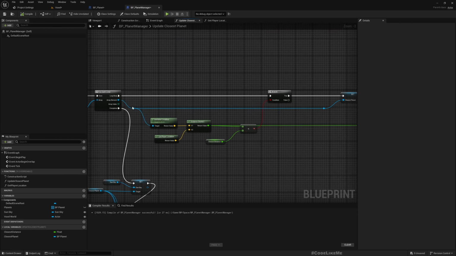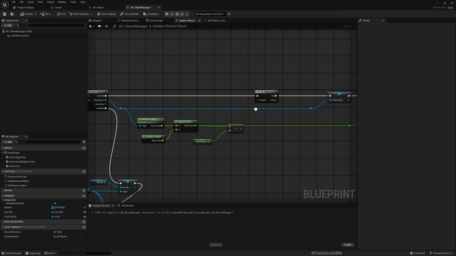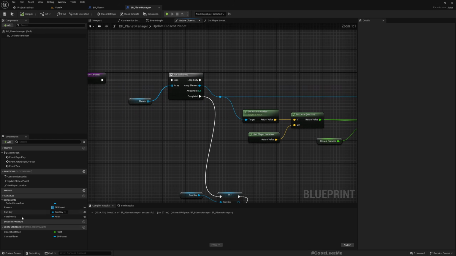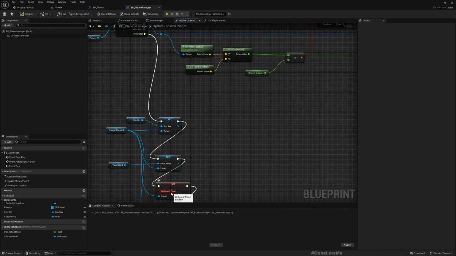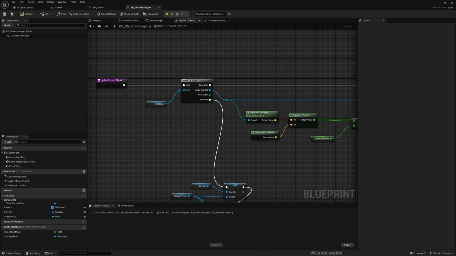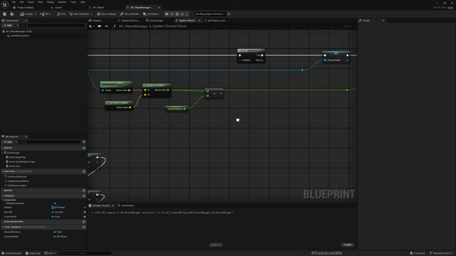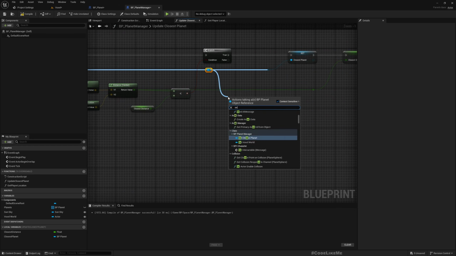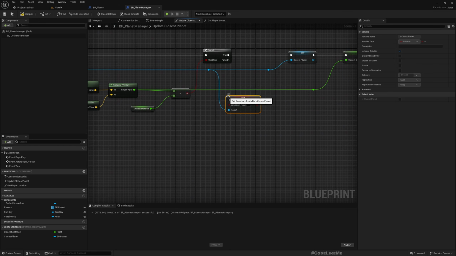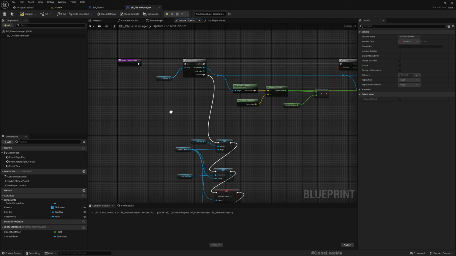If this previously selected planet, if you already have a closest planet, in here we need to unset this, so mark it as false. Maybe we can do it here. Yeah, if this is false, we can set closest planet to false for that particular planet like this. Okay, now